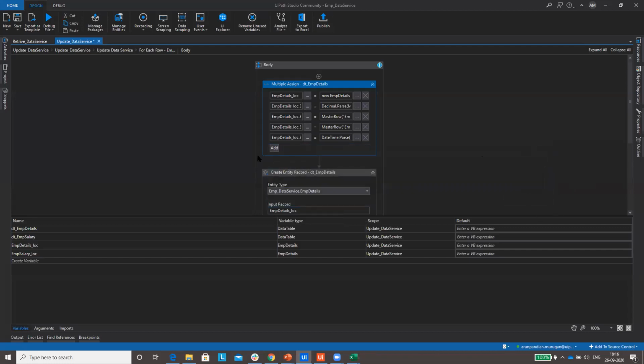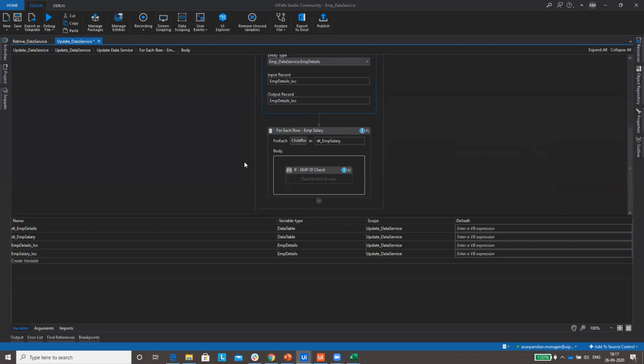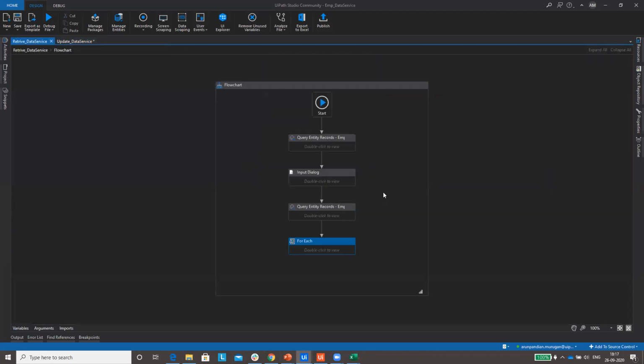Once I have assigned all the values, next I push those values to the data services with the help of this method. Just select the same entity you want to push and give this variable. That's it.